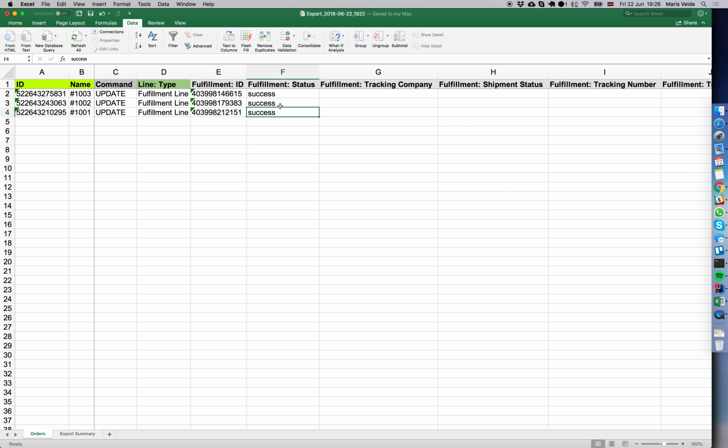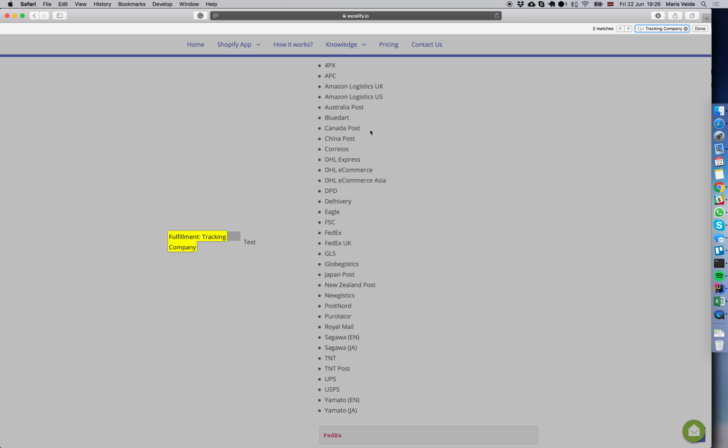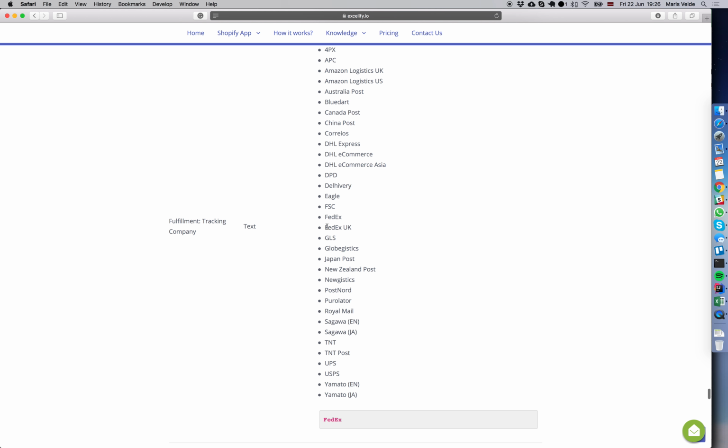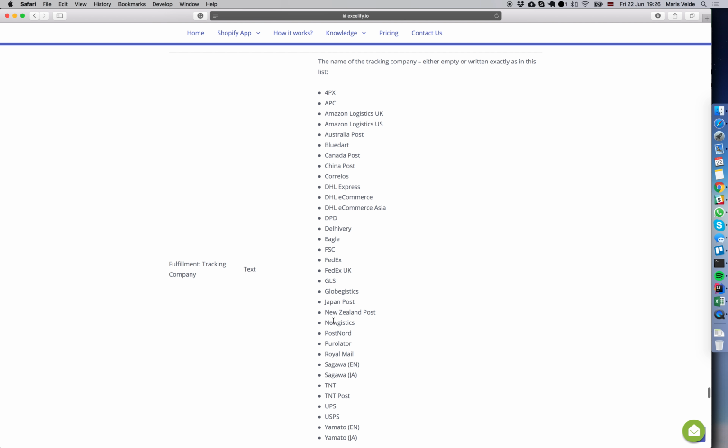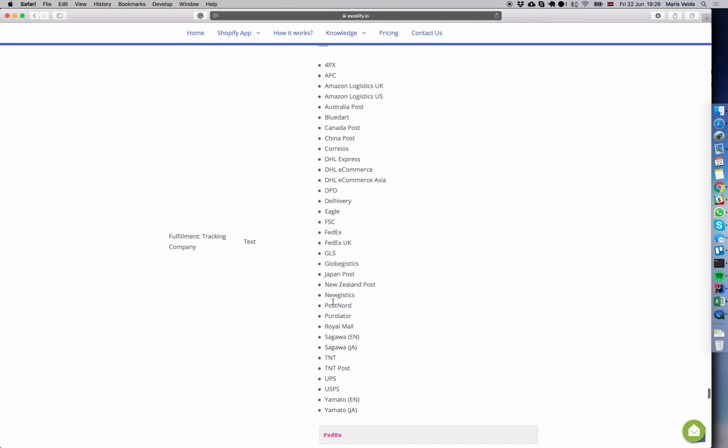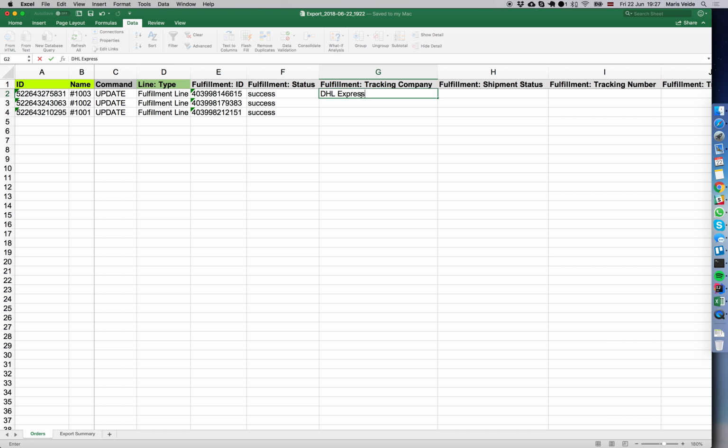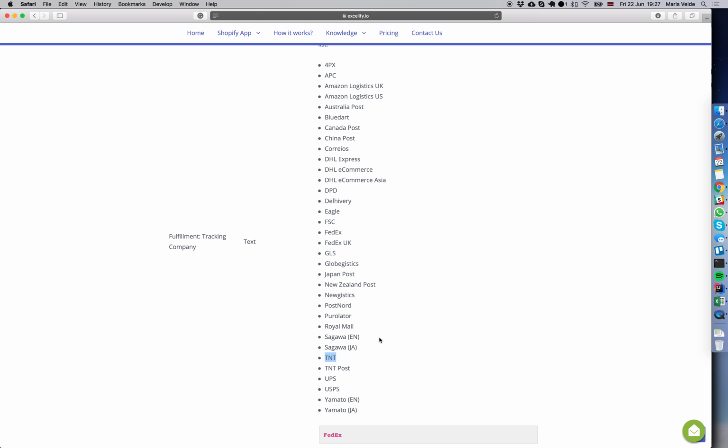By default the fulfillment status is always success, unless you are using an external service provider which is directly integrated to Shopify. Then it will change those statuses. But otherwise, if you do the manual fulfillment of all the items, it will always be success. And then you can choose the tracking company. You can copy this title and search on our website the column fulfillment tracking company, and here you have the list of all the tracking companies that Shopify supports. For example, we can randomly choose one to be DHL Express, the other will be TNT,